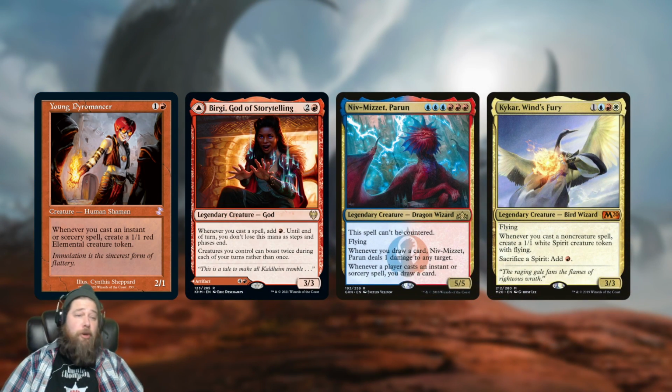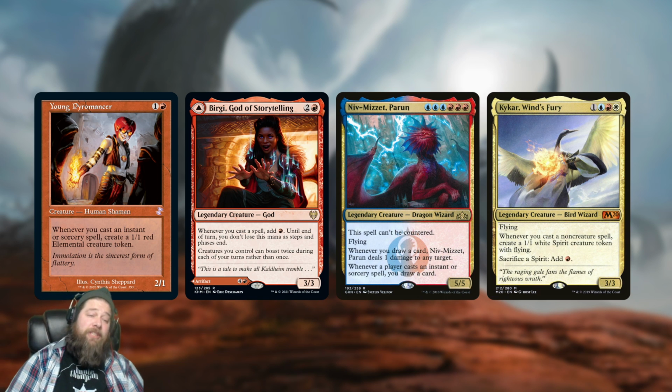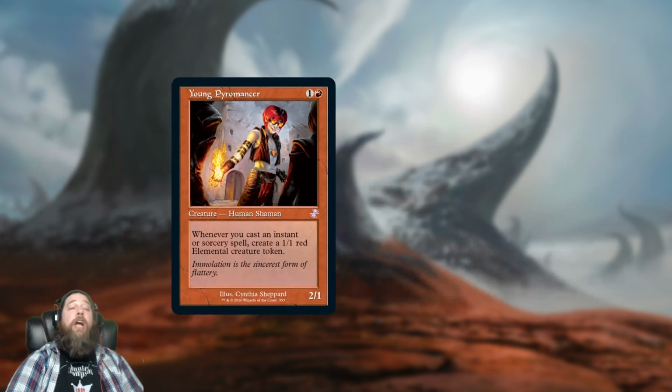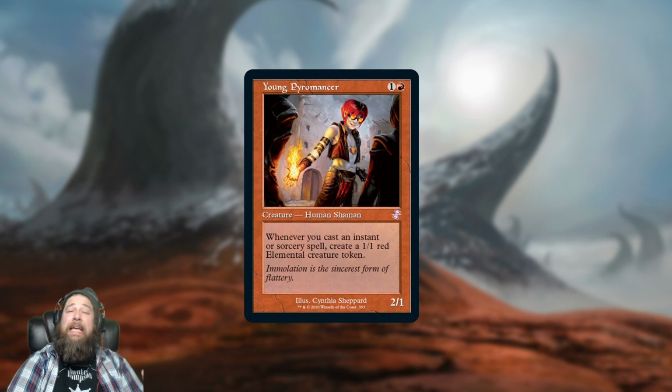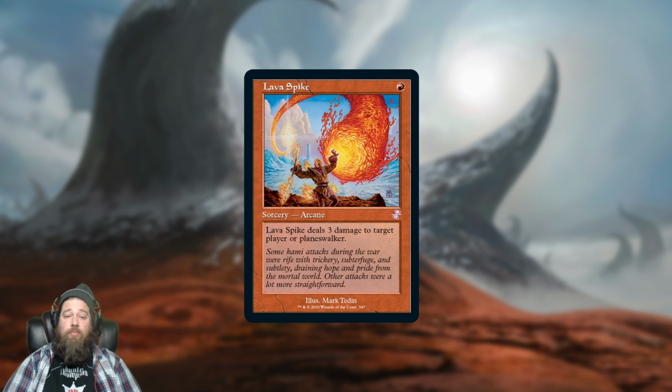Also sees some Commander play, where if you're playing a Spellslinger style deck like Veyrant, Niv, or Kykar, might as well throw it in because you're casting a bunch of instants and sorceries anyway, so you get a bunch of tokens which chump block bigger creatures, maybe go on the offensive. So Young Pyromancer, probably going to be a little bit expensive in old border because it does see a lot of play across formats. We also got Lava Spike, which does exactly one thing, which is be one of the